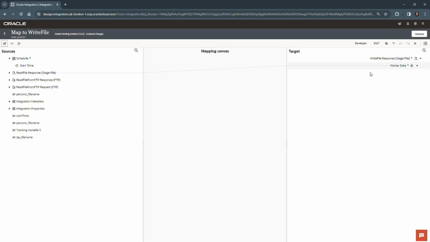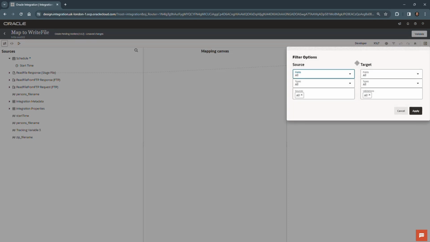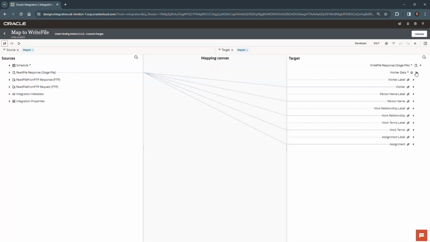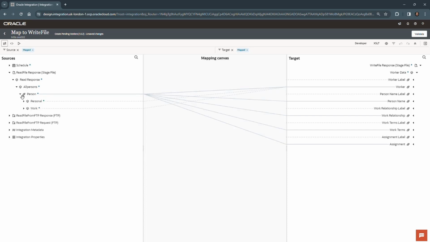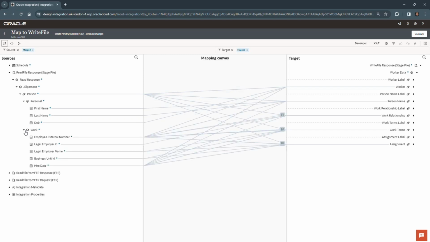And what I'm going to do is simplify this just a little bit by filtering just the fields that are mapped so it looks a little bit less ominous, although it's still going to look ominous. So remember, this is from the stage file action, the read file response. It brought it into memory using that all persons schema, which included various schema elements to include the person's personal information and work information. So here's the source of all our data, and here's how all of them got mapped